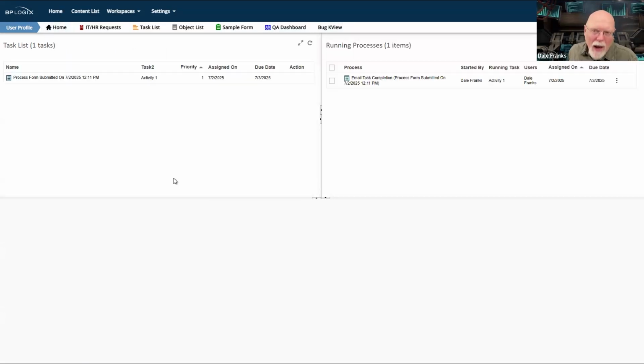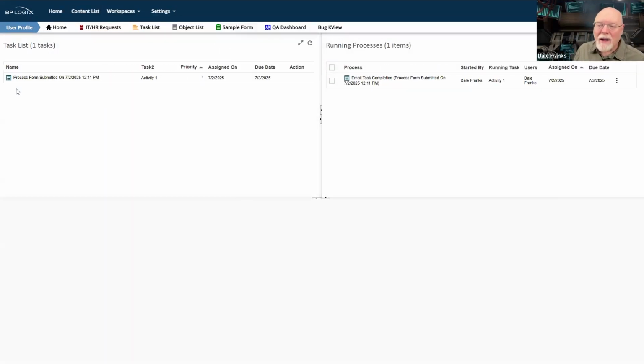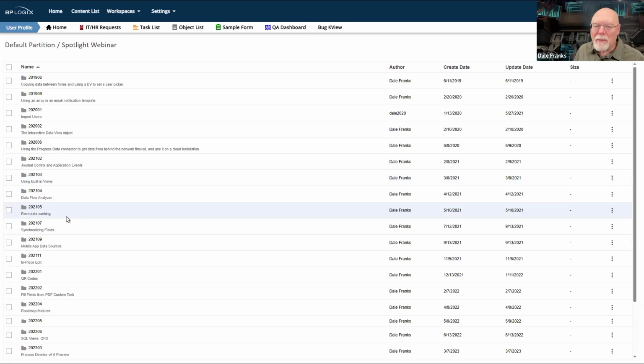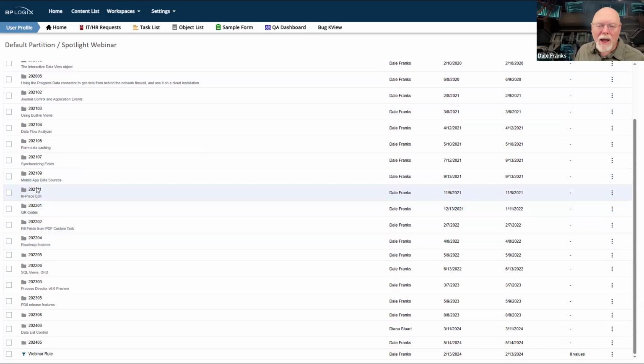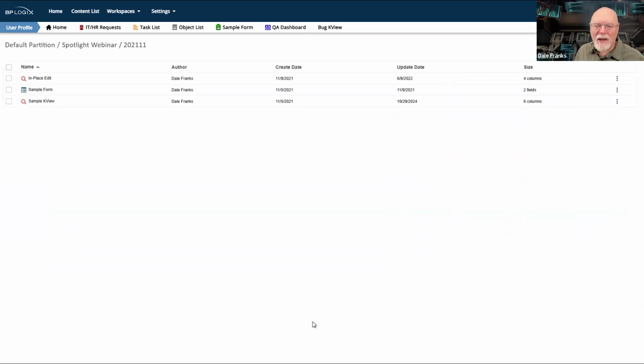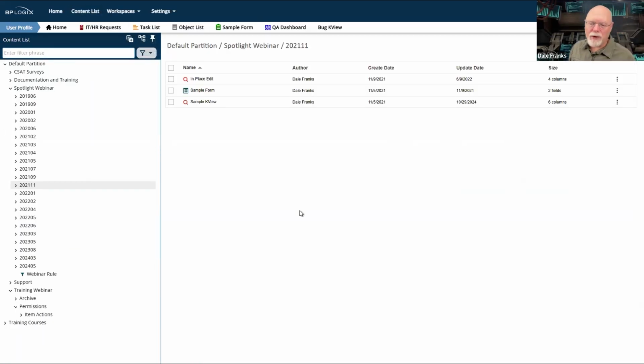And so that's great. But if I ever actually do get access to the content list and my permissions are set as they are by default with everything open, we're going to end up having a problem, because once I can get here through the content list, I can now begin going in and changing things and removing things and editing things. And you don't want people, even inadvertently, getting access to the content list and being able to see stuff.